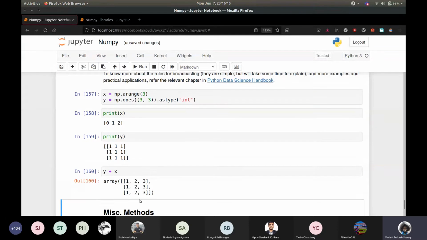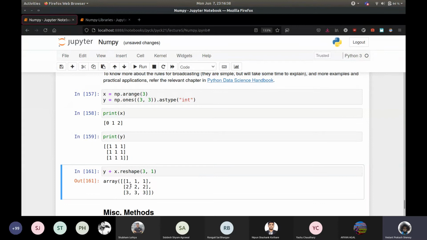And in fact, NumPy does that and just adds 0, 1, 2 to every single row like this. Now, you could also have added 0, 1, 2 to the columns. If you do a reshape to 3 comma 1, that is in fact what happens.